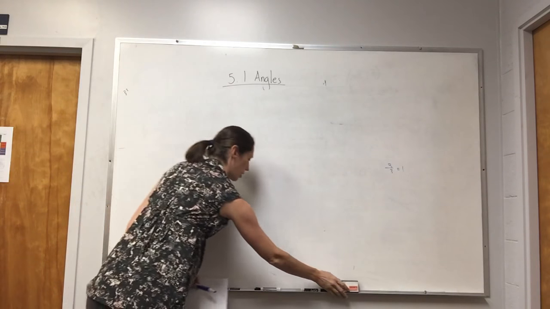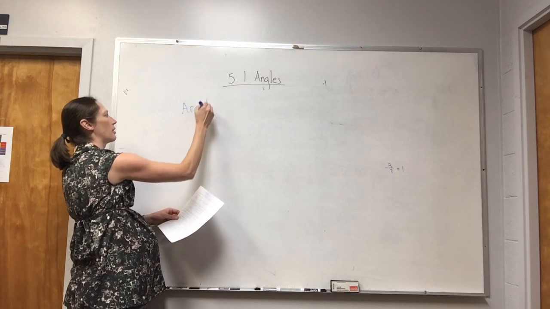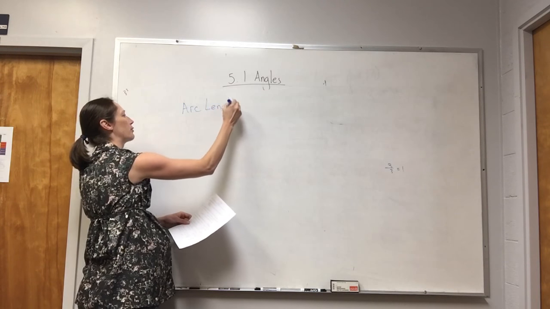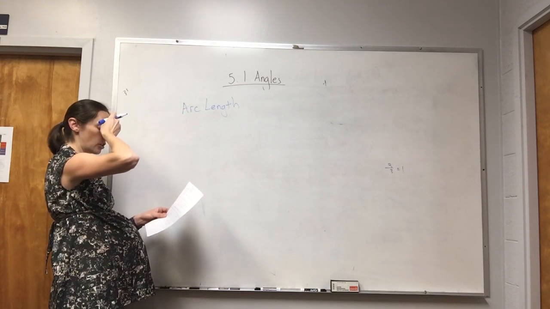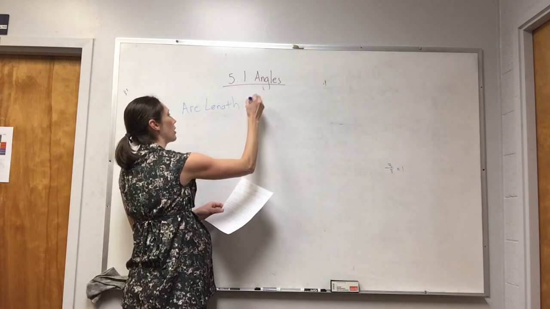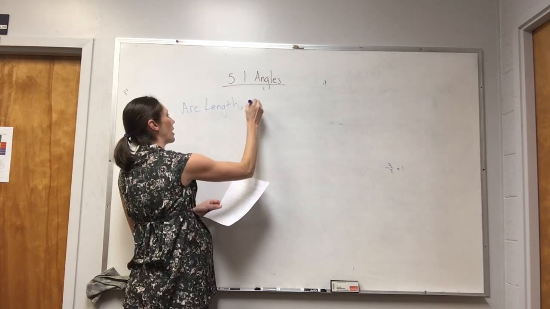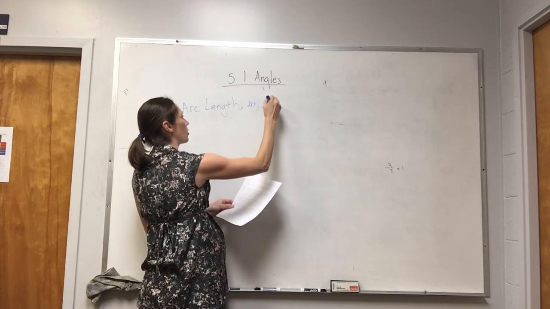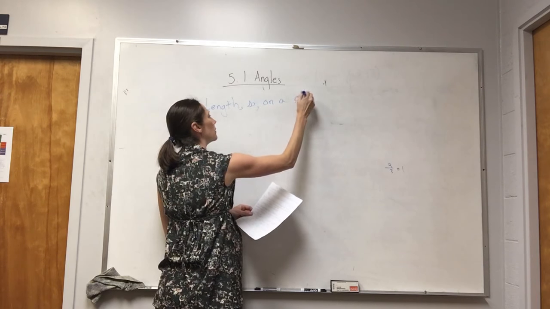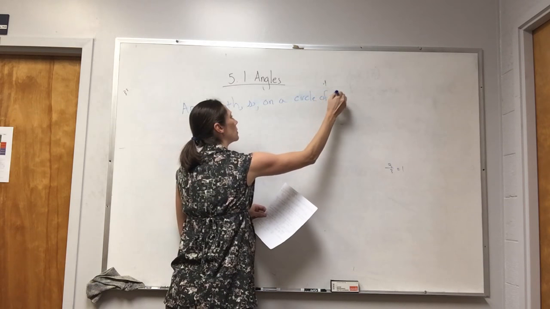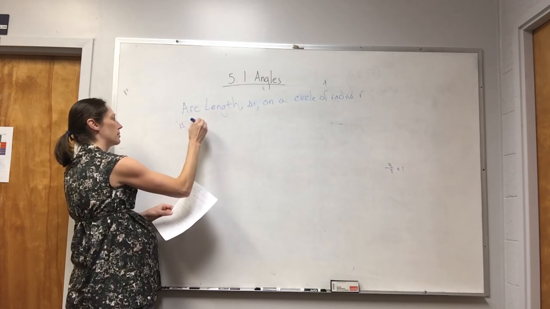We need another formula here for something that may be coming up, and that we've already mentioned, arc length. We talked about arc length and we defined a radian. That was the little piece on the circumference of the circle. So arc length on a circle, or let's say arc length S on a circle of radius R, is calculated by